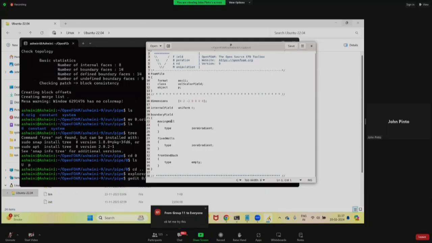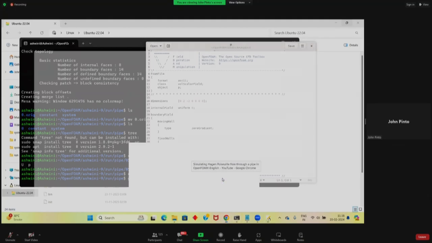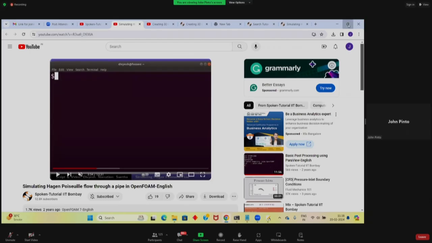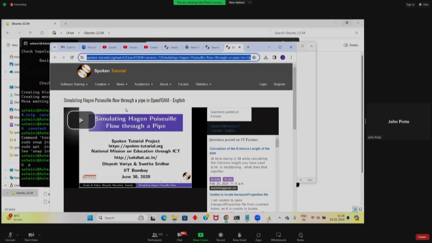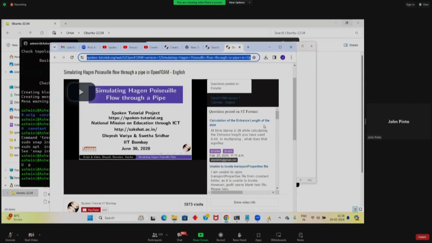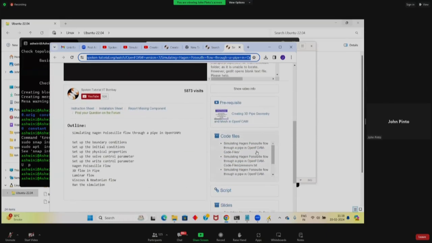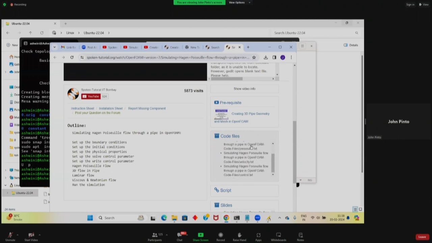I can manually change it, but so that we can do it quickly, we have already provided you with the setup file. So go to the spoken tutorial over here. So this is your simulating Hagen-Poiseuille flow. If you go down, there is a code file. There is a code file for pressure.txt, right? If you click on that,